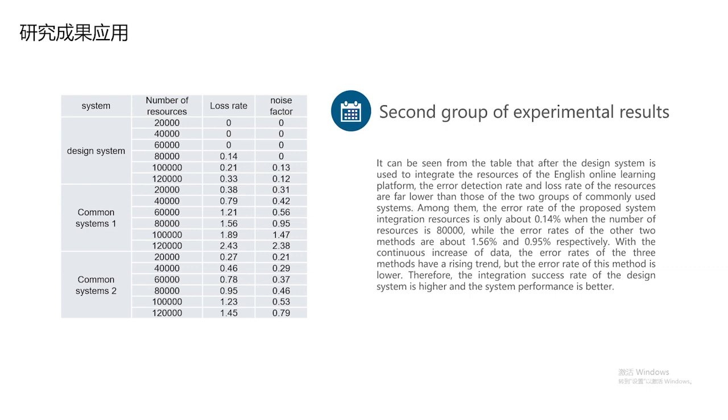Among them, the error rate of the proposed system's integrated resources is only about 0.14%, where the number of resources is 80,000, while the error rates of the other two systems are about 1.56% and